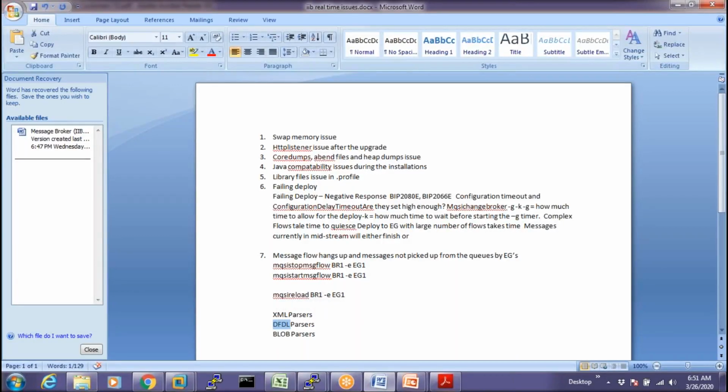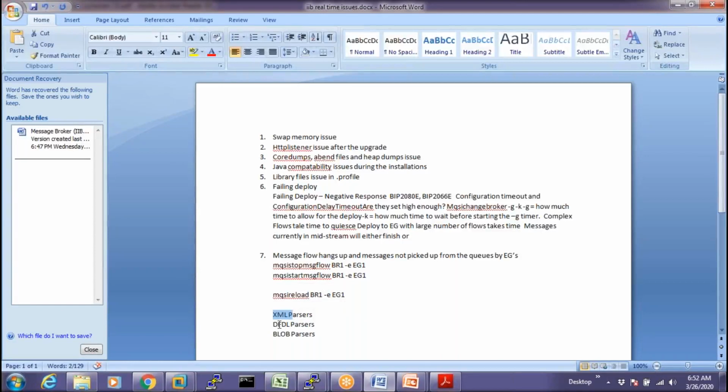It depends on how the developers develop their code. So for example, if the developers coded that the DFDL parser needs to be utilized, and the application gives an XML message, now the DFDL parser has to process the XML message, which doesn't make any sense.